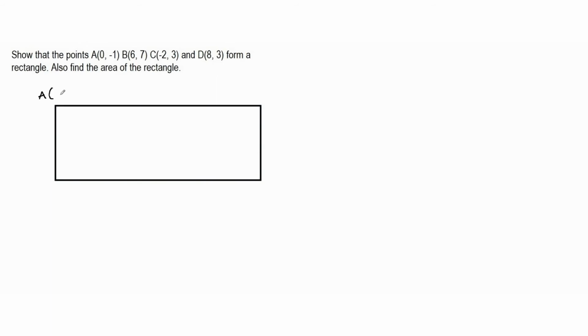So this is A of 0, -1. This is B of 6, 7. This is C of -2, 3. And this is D of 8, 3. So now if I want to show that it is a rectangle, I should be calculating all 4 sides first. So using distance formula,